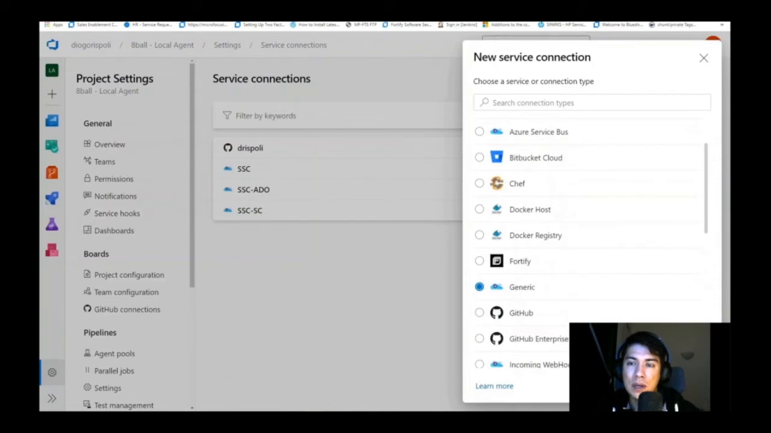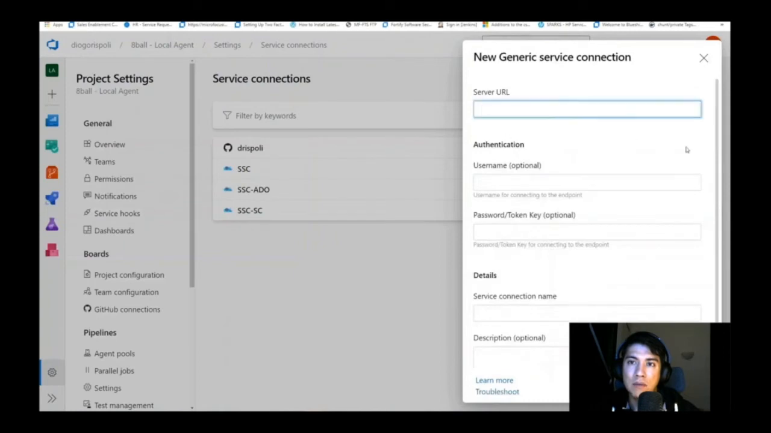After that, we go ahead and we click next. And we're going to enter in the URL for our